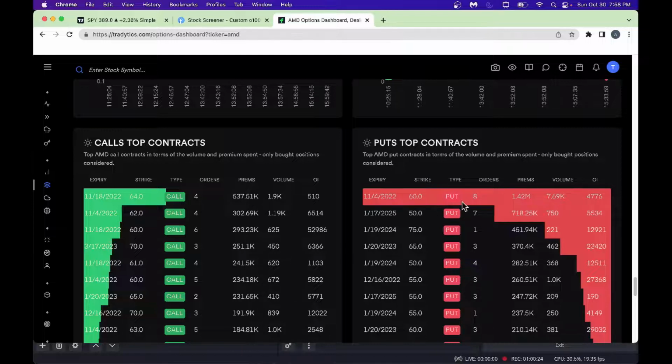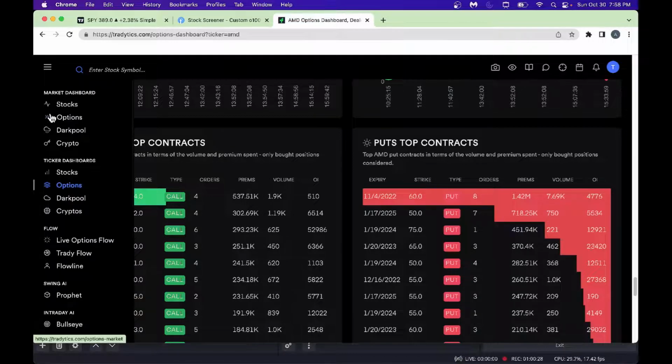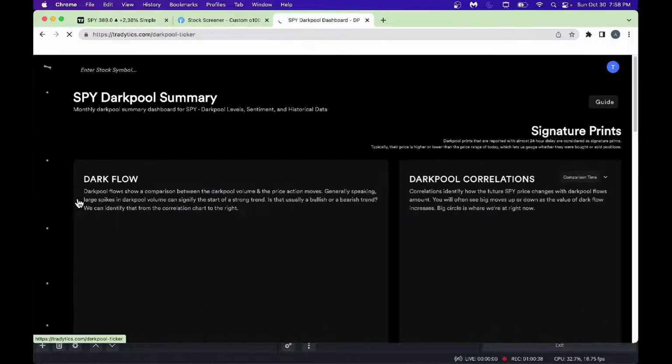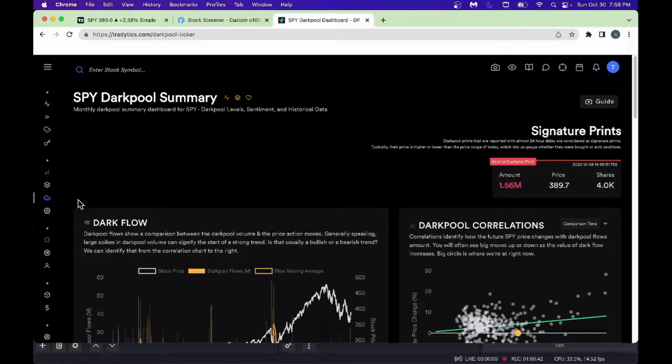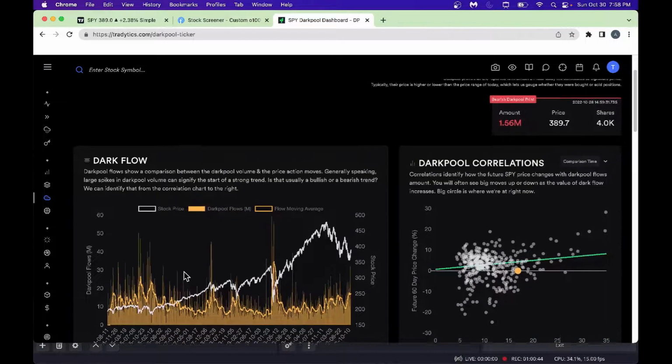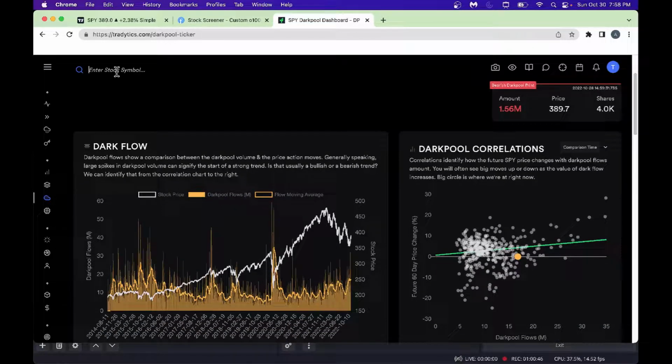Volume is high. These are the hot tickers, as you can think of. All right, so now let's look at, we don't need to, we can skip the dark pool here. This is dark pool like we talked about earlier. If you want to look at the dark pool quickly, it kind of gives the same idea. You can see what's going on with the dark pool itself. You could bring up our stock here, AMD, and see the dark pool.